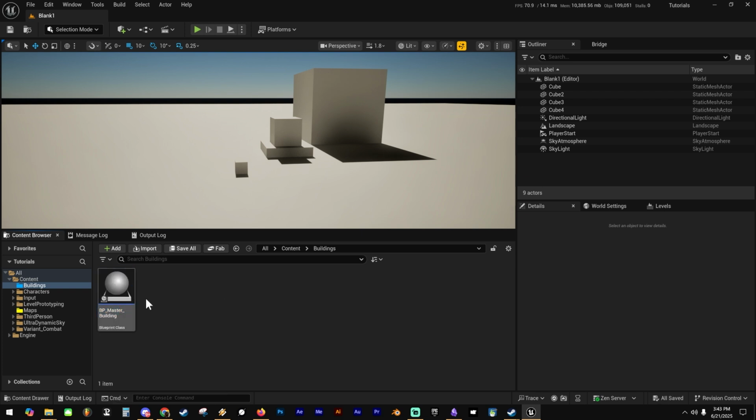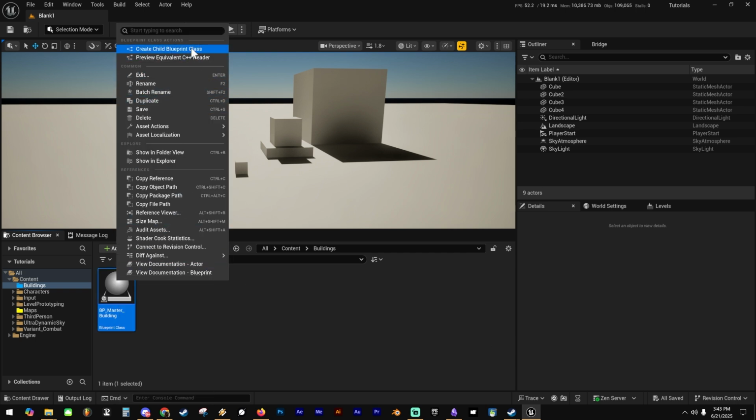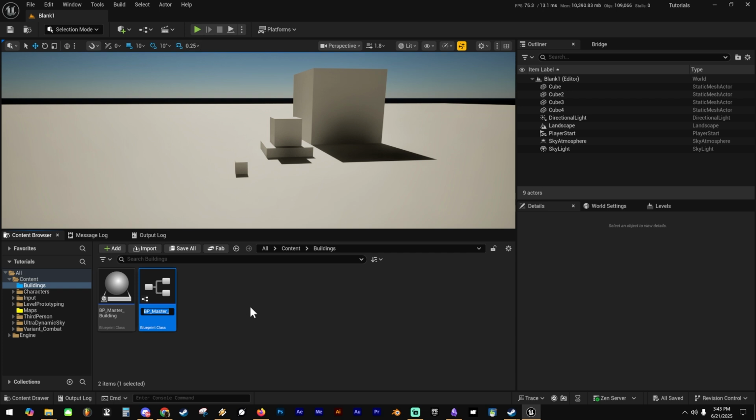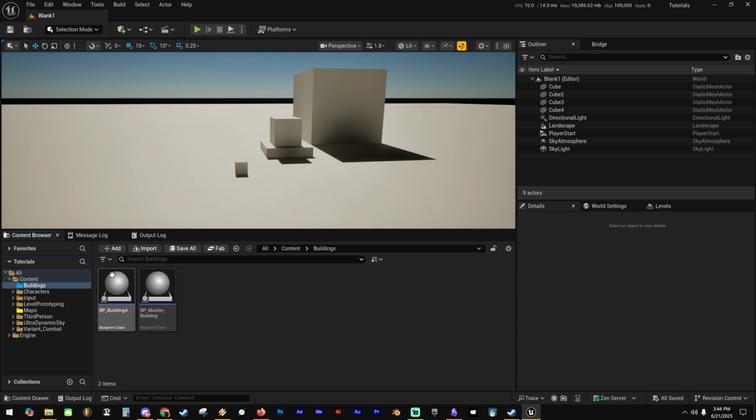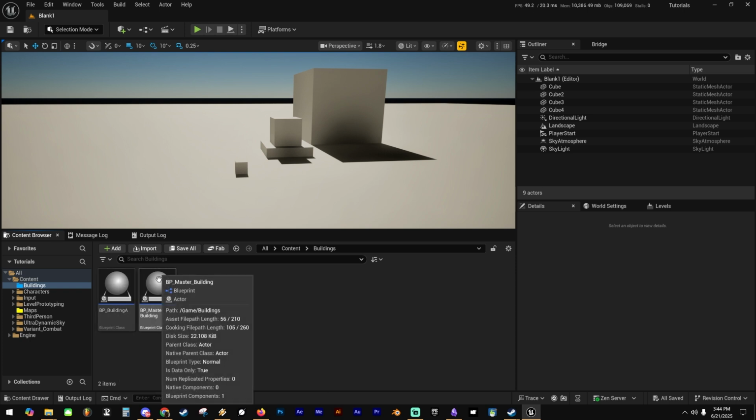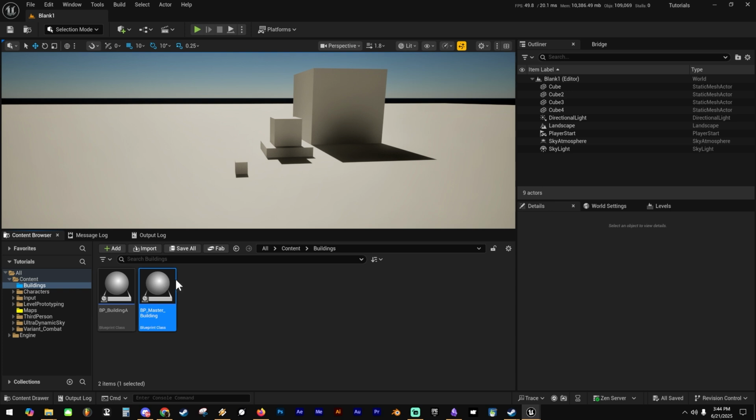So here's how you properly start structuring major systems. If I was going to have a building, I know I want buildings in the game. One thing I want to do is right click this and then create a child from this. And we're going to call this BP building A, whatever. And the whole point of doing this type of system is I'm in the buildings folder. I have the master, which is the main parent of all other child actors that I'm going to make for this specific thing. So now that means anytime I make adjustments to this master here,